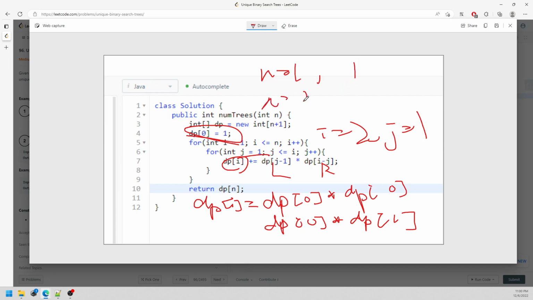If n equal to 2, you have what? 2, right? So this is dp[2], but don't forget we need to plus equal. Why? Because we'll increment our what? j equal to 2 later, right? So dp[0] times dp[1]. 1 times 1 is 1. Plus,